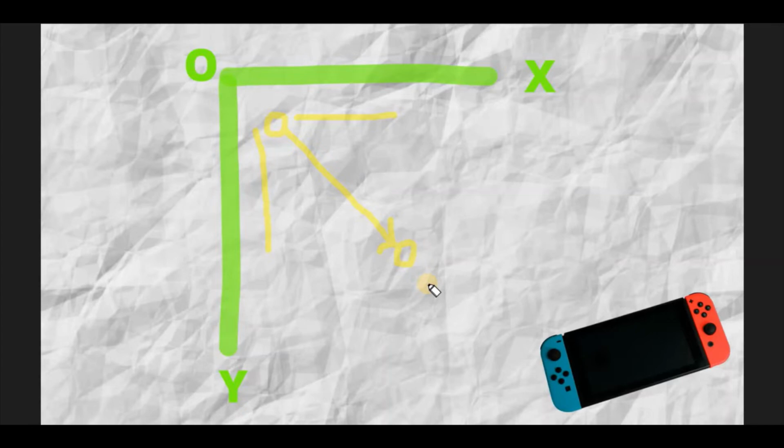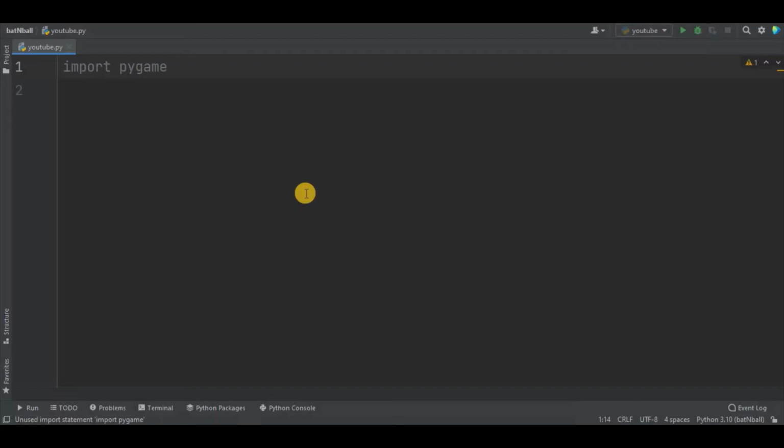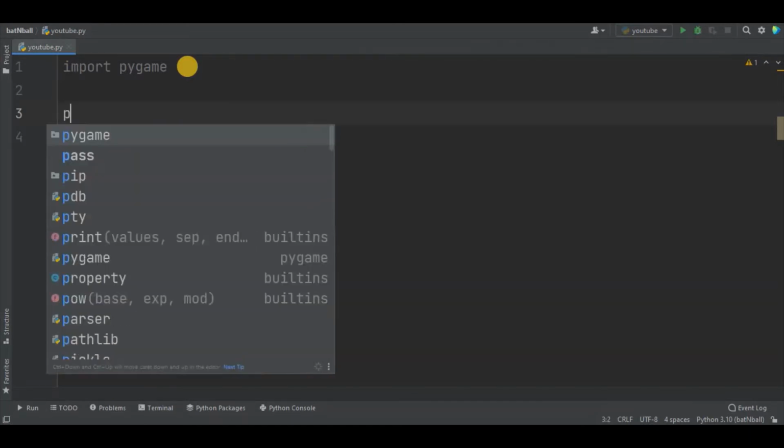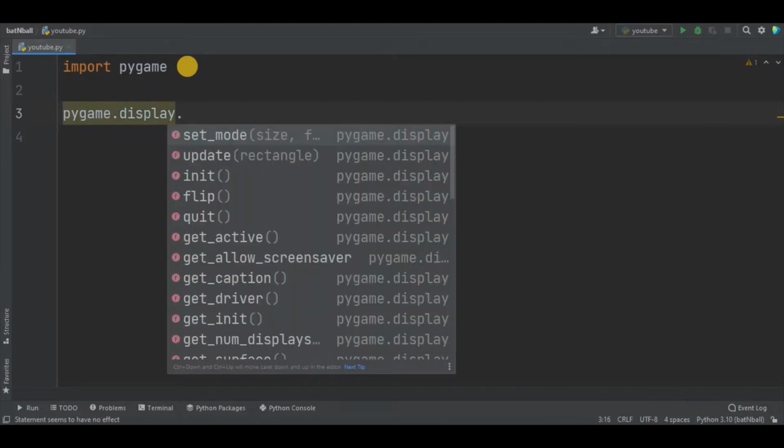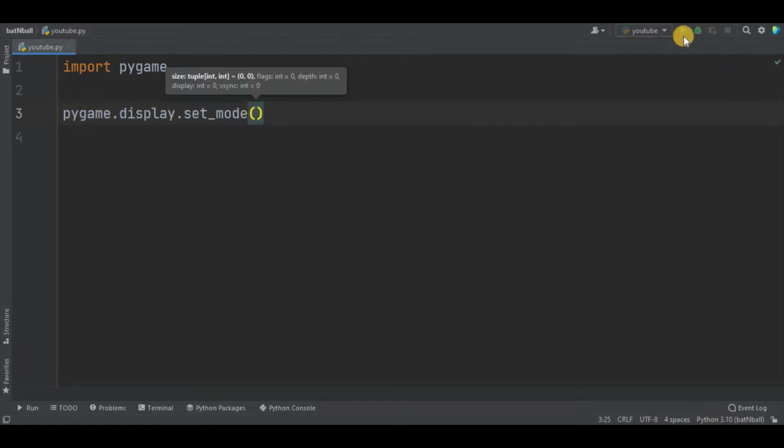Now let's get back to the PyCharm. So after we have imported the Pygame module, the next thing we want to do is to create a window so that we can put our bat and ball and our game in the window. For that, Pygame offers something called display, and in this display we have a function called set mode. And if I run this,